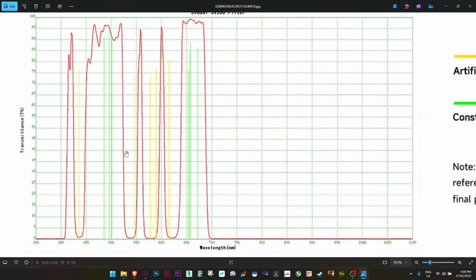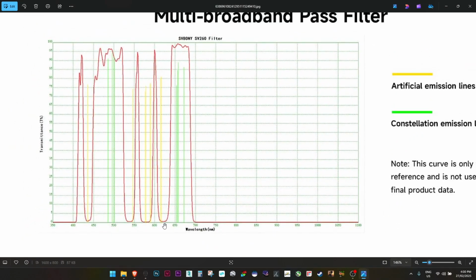This is another graph that will show you what is in the middle of that. Here, the yellow parts, which I want you to focus on, are the artificial light, something like the halogen lights, or something like the mercury lights. All of these come in specific spectrum colors, with the exception, of course, of the LED lights, because they screw everything up now. LED lights emit a lot of emissions within these spectrums,